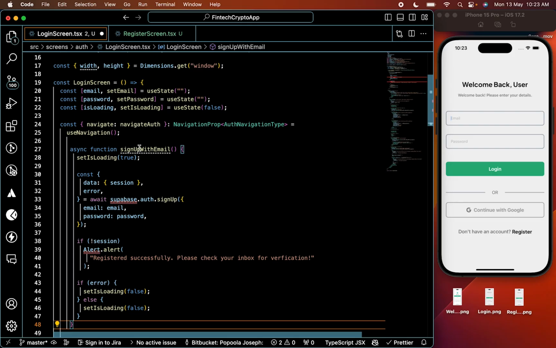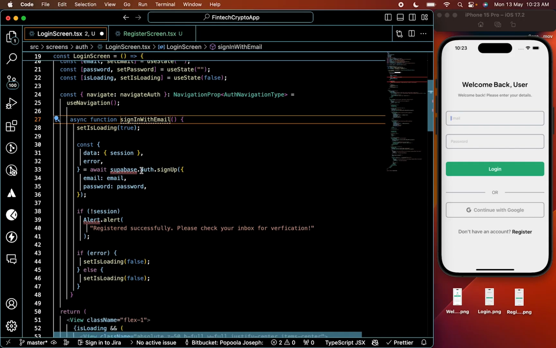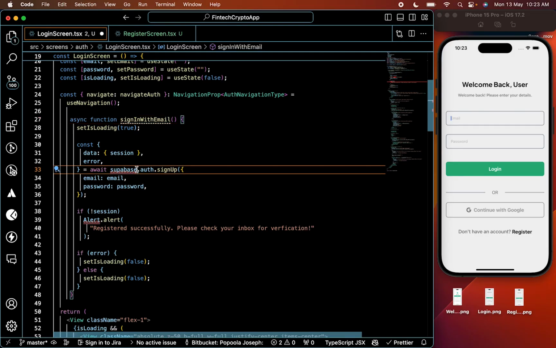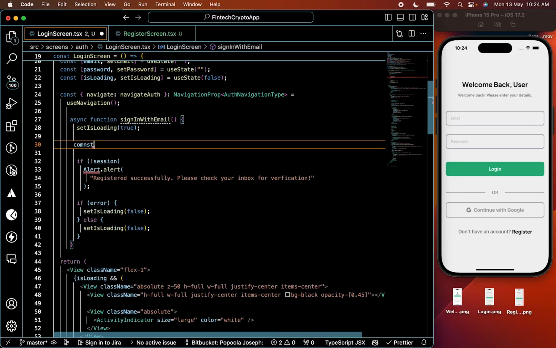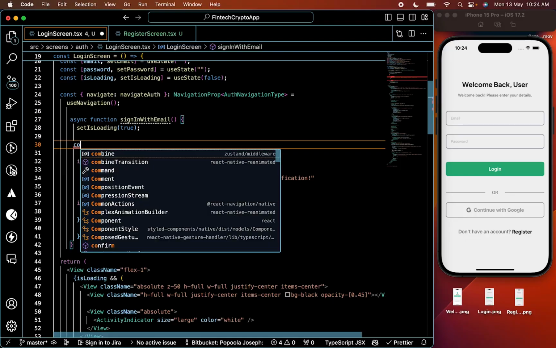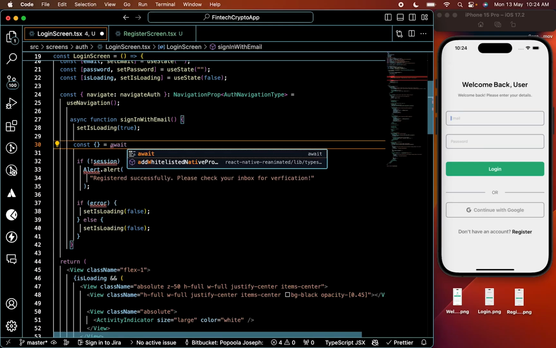And this is going to be sign in with email. Set loading to true. I'm going to bring in two things right here anyway. So const, then data, and this is going to be coming from sign in. Let me just erase everything here and start afresh. I'm going to say const, and I'm going to assign this to await